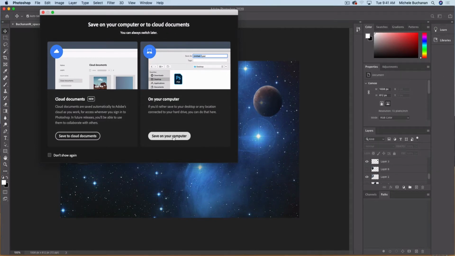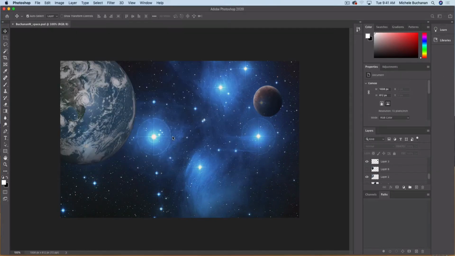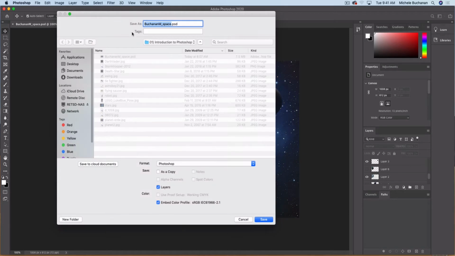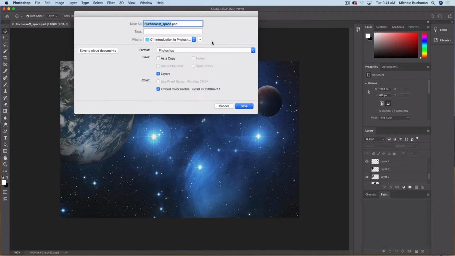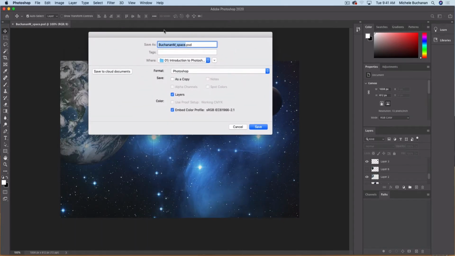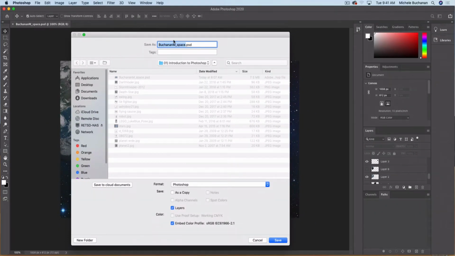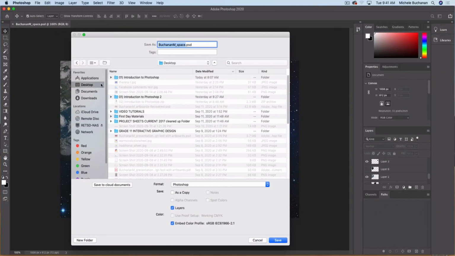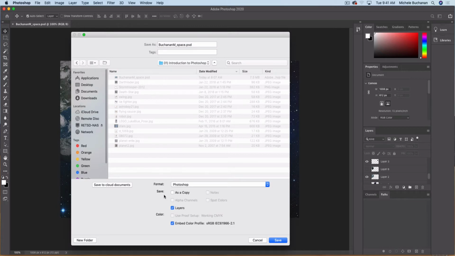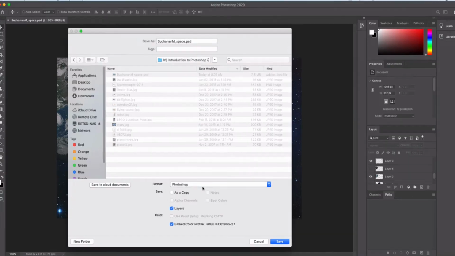We want to save it on our computer, always. And when we're in the little Save dialog box, if you're seeing the minimized version like this, remember that you can open this up, and from there you can easily find the desktop and find the folder where you want to save this file. So I'm going to double click on the Introduction to Photoshop name,